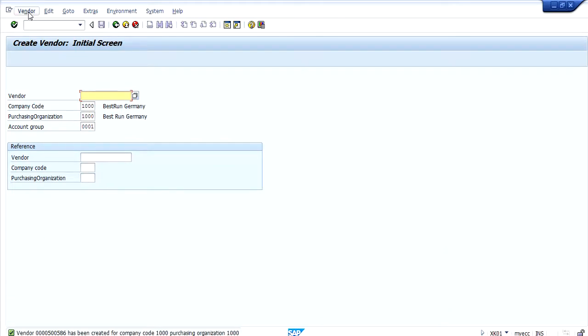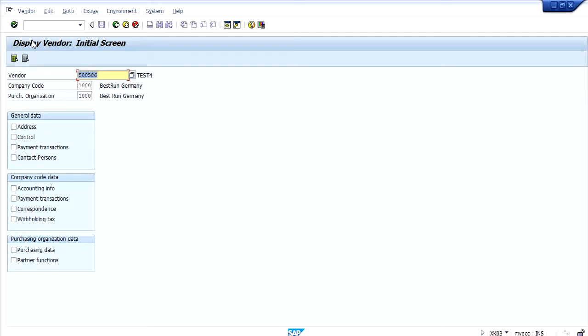See, now a different number has been picked up. So this is how vendor related configuration settings should be made in ECC.